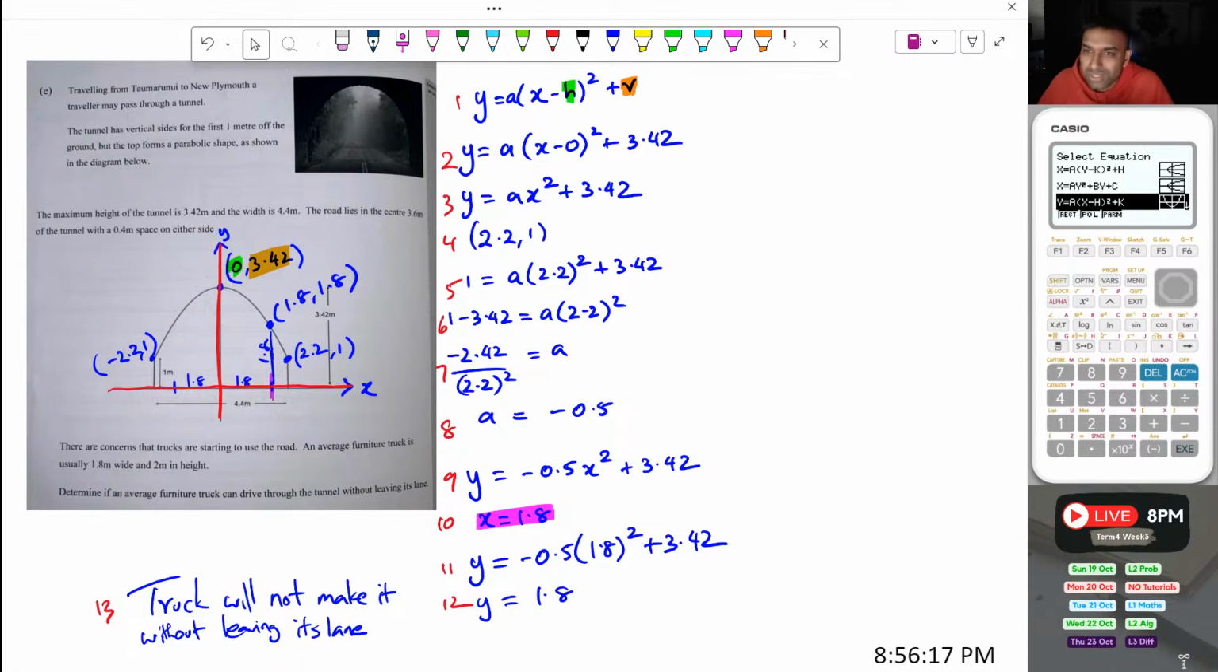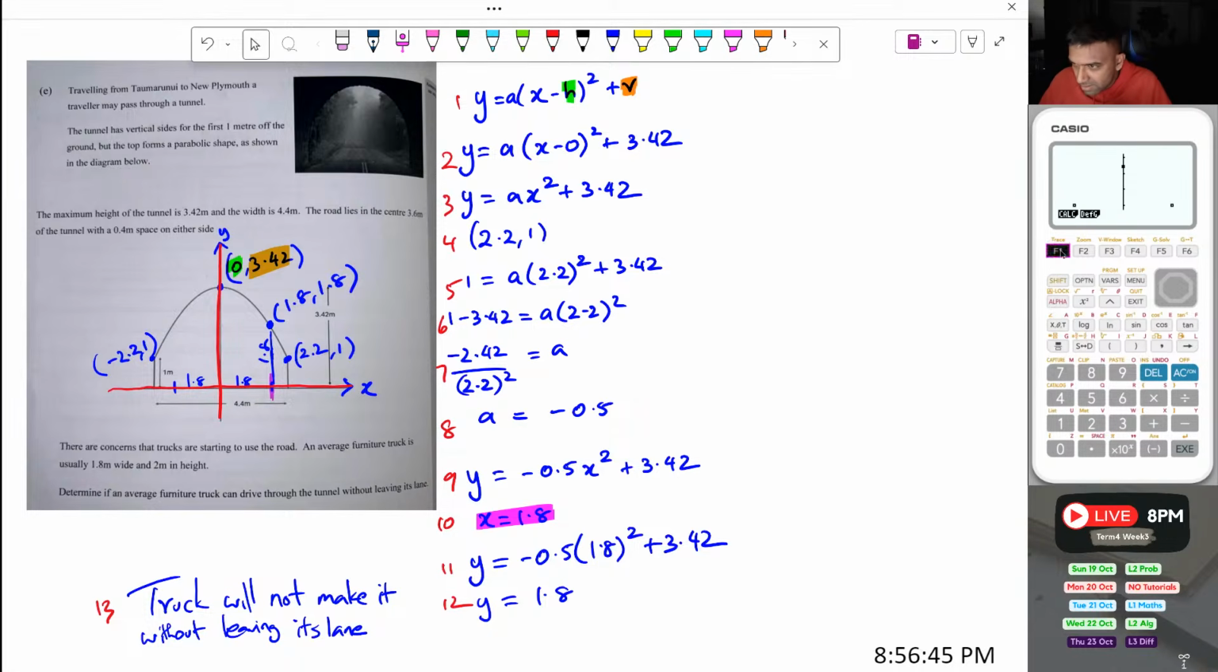Now, if you don't want to use the vertex form for this parabola, you want to use the graphics calculator, you can always do this. Go into stat mode and punch in those 3 coordinates. So you got negative 2.2, 1, you got 0, 3.42, and 2.2, 1. So now you should be able to calculate